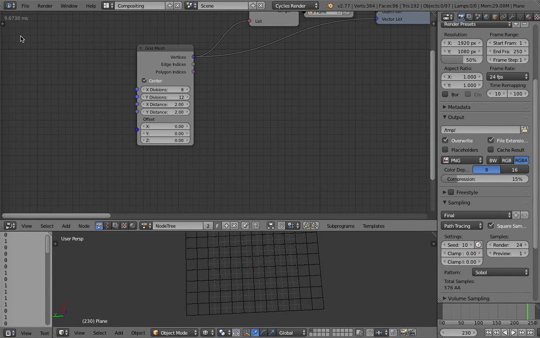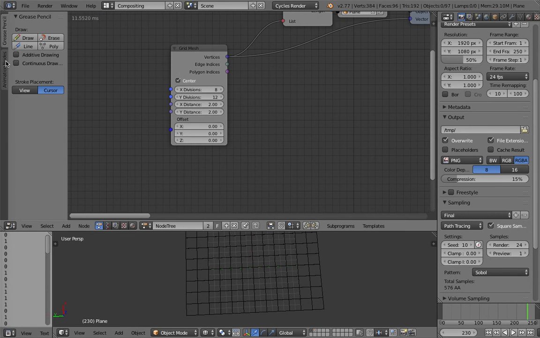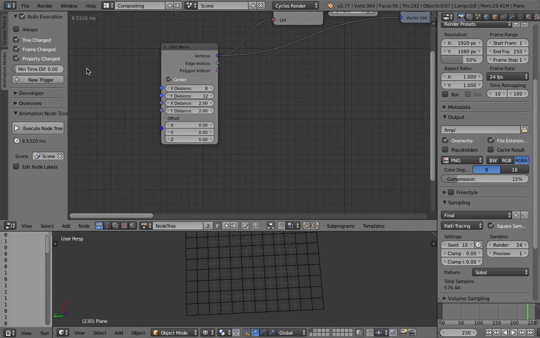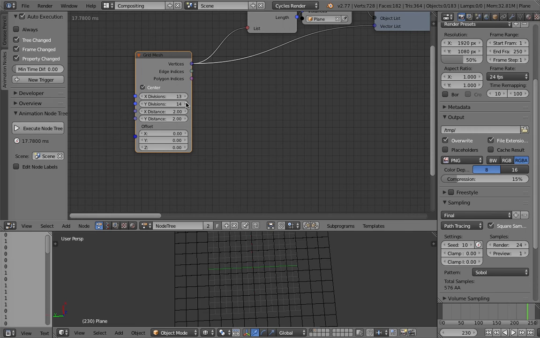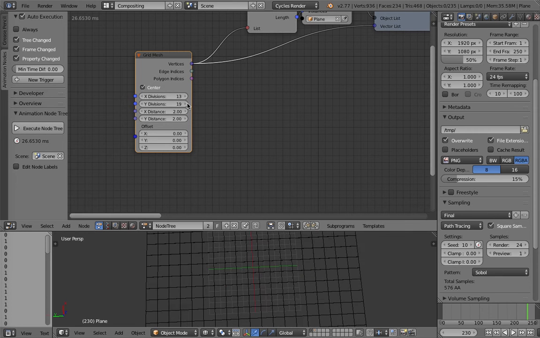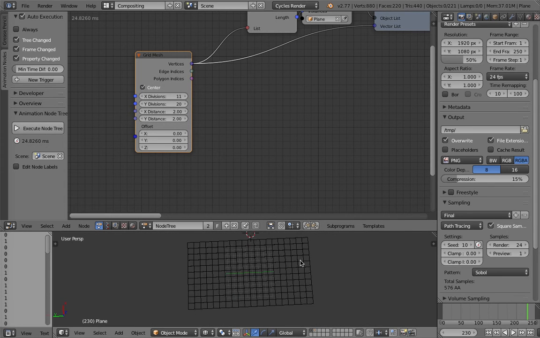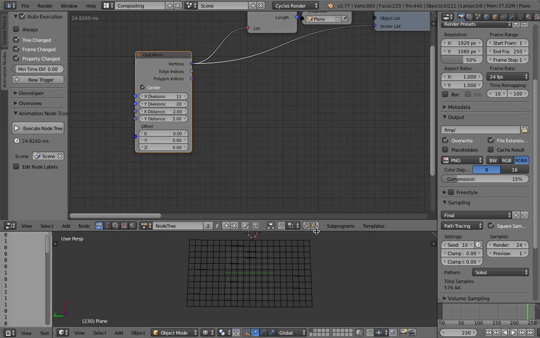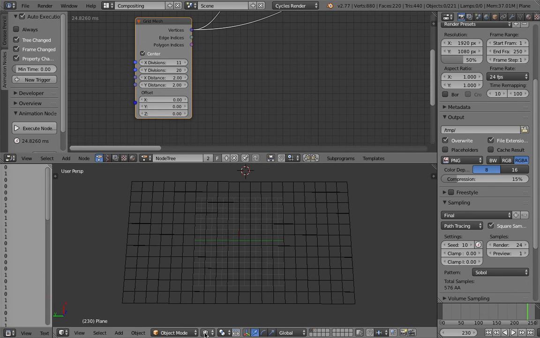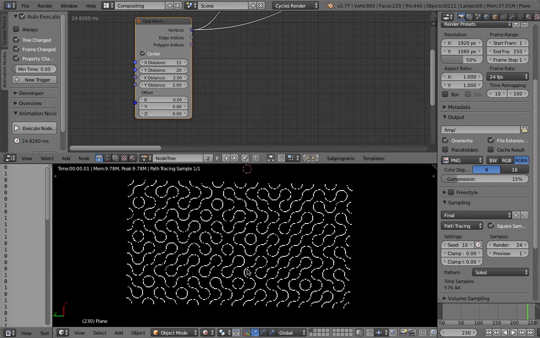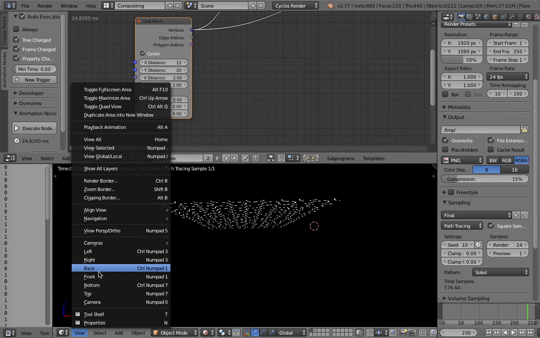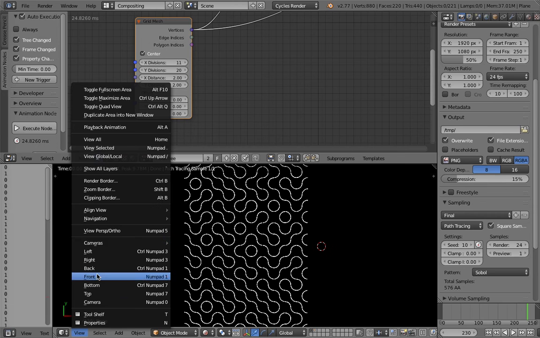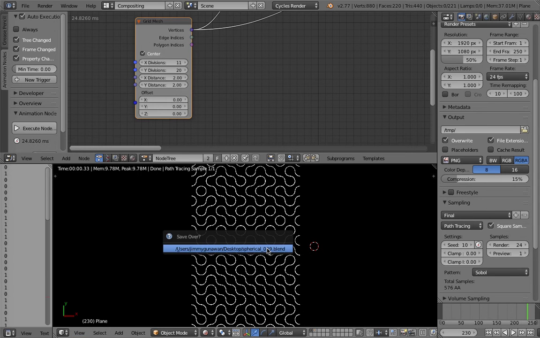And here I could actually increase the number of grid, or reduce it, depending on how many repeats we want, and we get something like that. It's almost like magic. View, top view, view orthogonal,